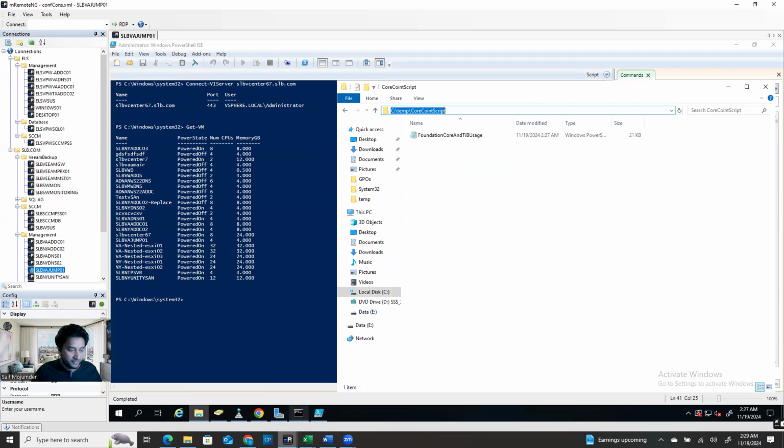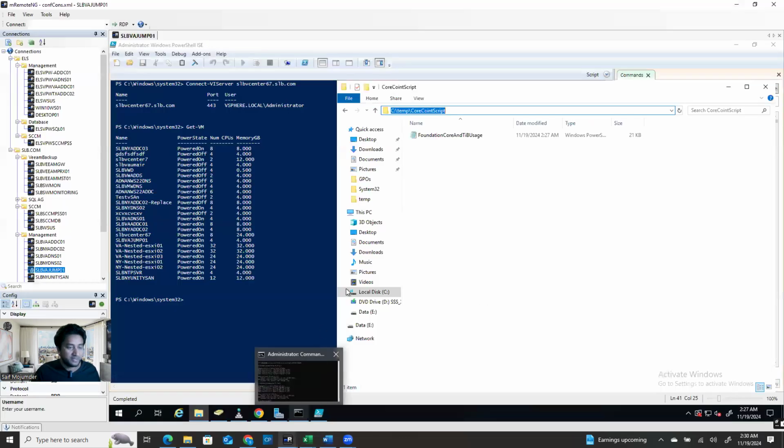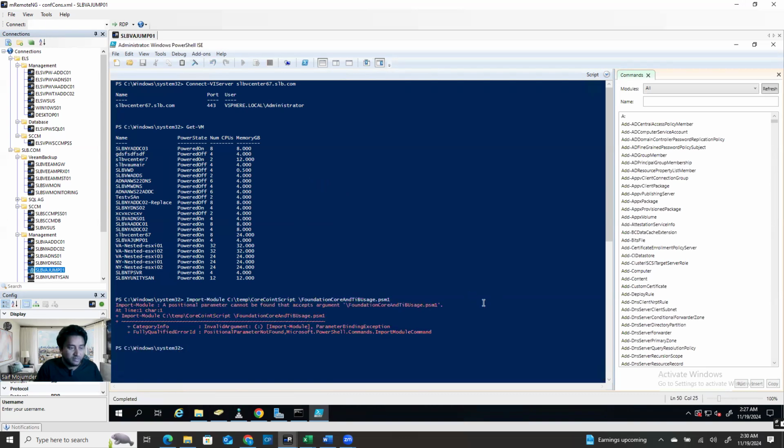I'm just going to copy this one and paste it here. And then my file is there, right? So you can just copy the entire thing, go back here, and run the command, because your file is there. You just hit enter.